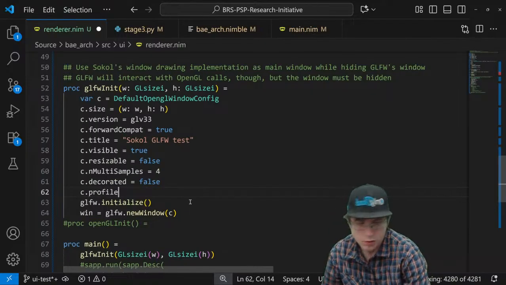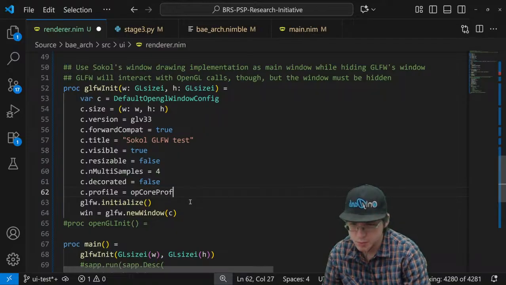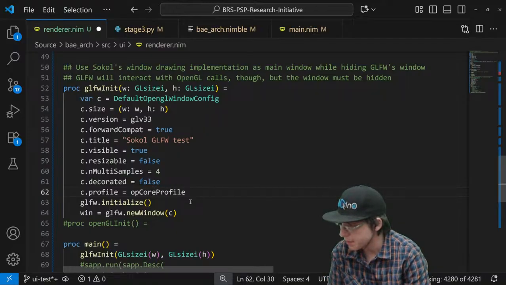See profiles. Ooh, see profile equals core profile. It's probably not needed, but I might as well set it anyways.